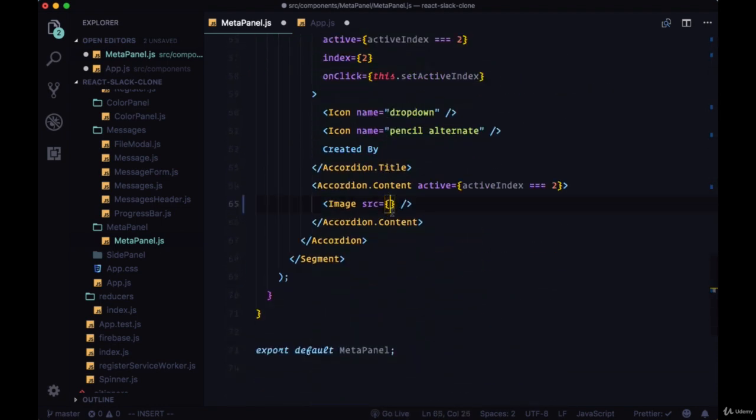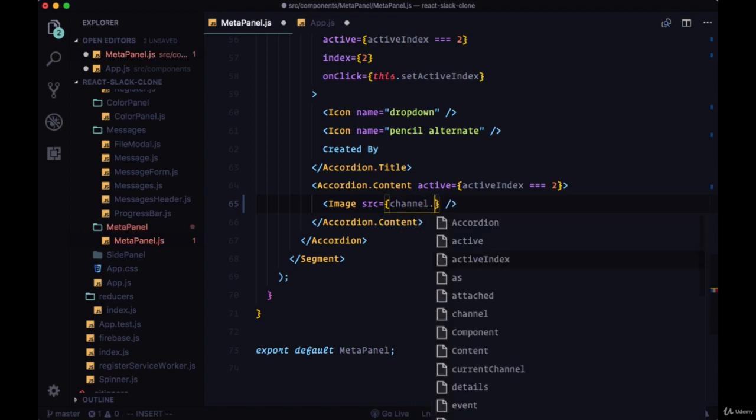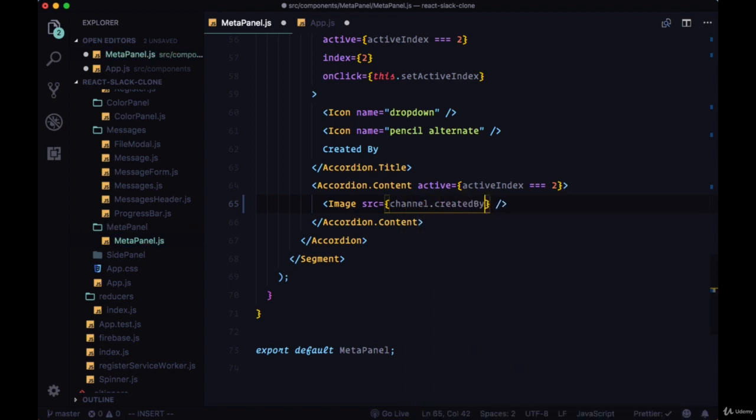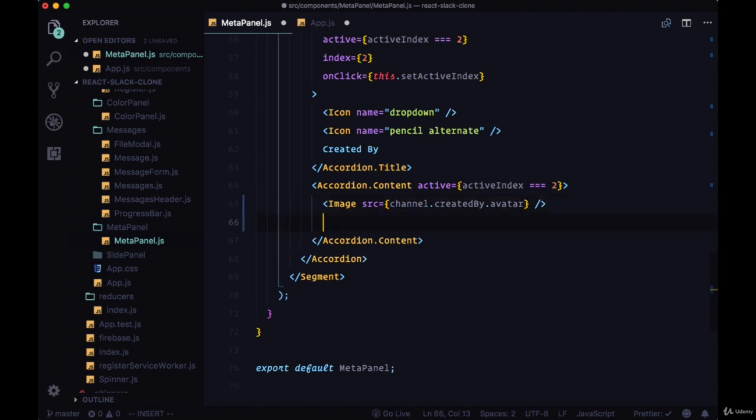and we're going to set the source of that to channel.createdby.avatar to get the user's avatar who created the channel, and then underneath that we'll add the name with channel.createdby.name. We'll save both of those files,